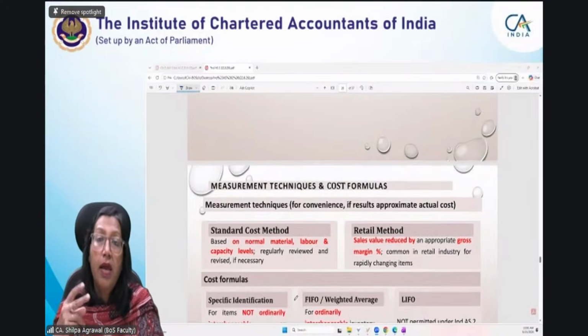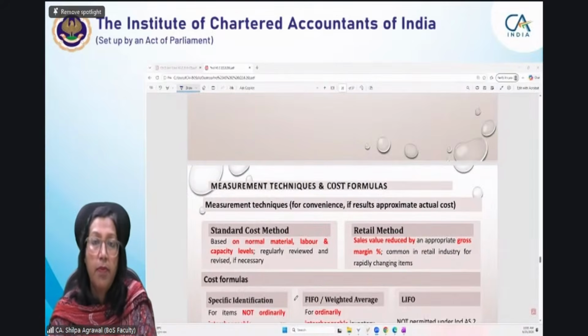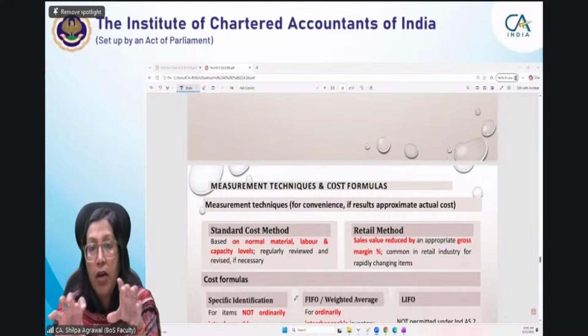तो वहां पे आपको कौन सी टेक्निक लगानी है. अगर आपने पर्टिकुलर आइटम आइडेंटिफाई किया है, जो आपने फर्स्ट कस्टमाइज्ड आइटम बाय किया था, तो उस पे आपको कौन सी कॉस्टिंग टेक्निक लगानी है. This is what now we are going to discuss.